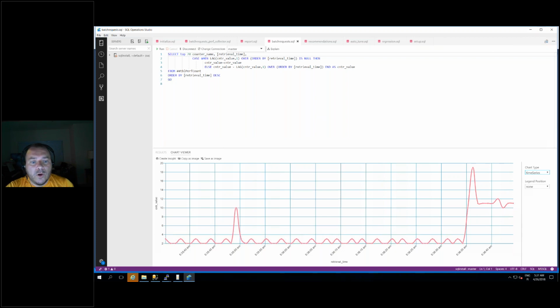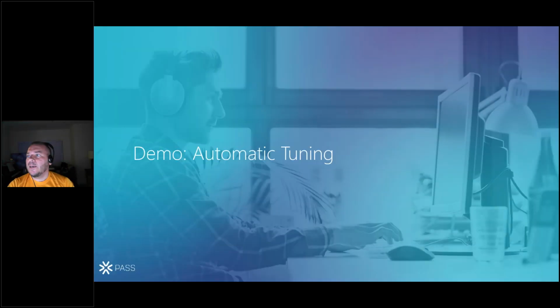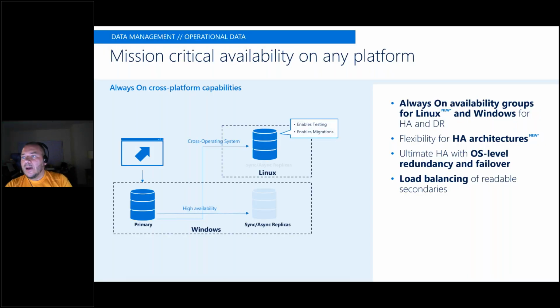Okay, let's move on. I have lots of topics because SQL Server is such a huge, great product. Let's move to my next slide. I'm not going to show a high availability demo here. I just want to call out that SQL Server availability groups, which is the Always On feature that we added in SQL Server 2012, keeps improving all the time, and we now also support cross-platform availability groups.